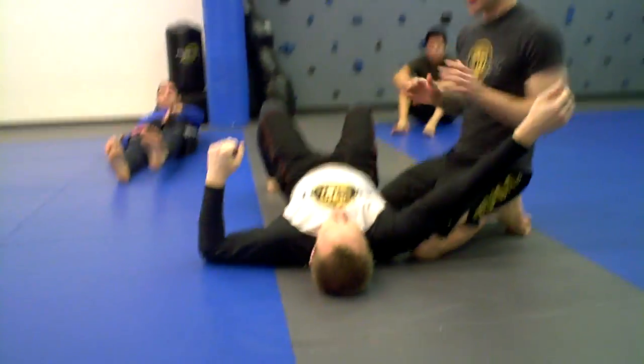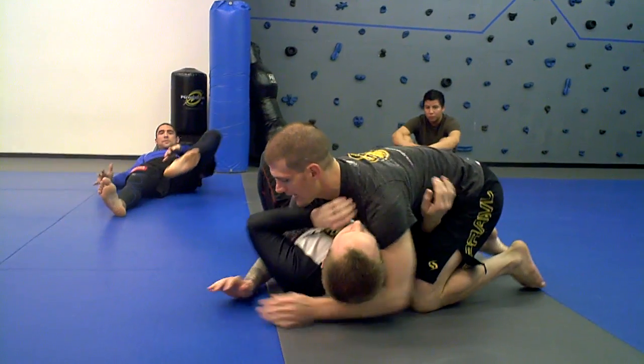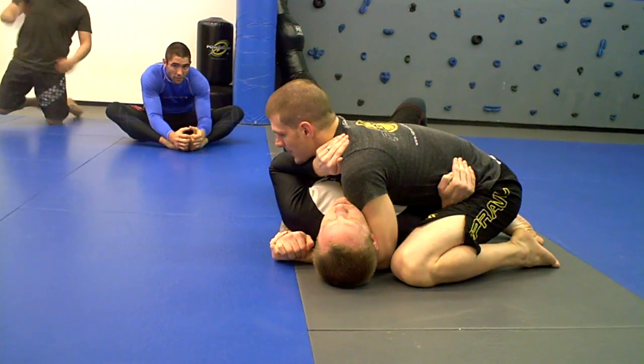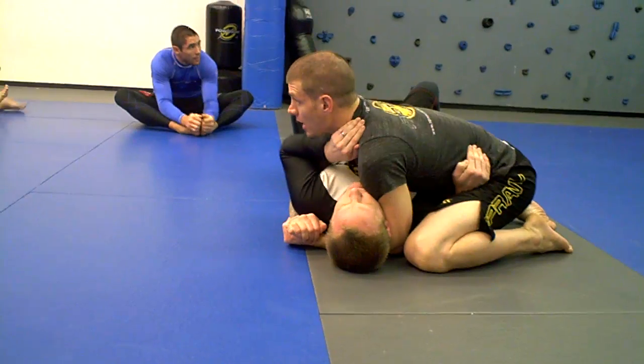The first one we're going to work on is when we're in side control and our opponent's framing. Alright, so I have an underhook here. The first thing I've got to do is expose him where he's structurally weak. So I'm going to base out with my right arm. My right arm is underneath my opponent's far